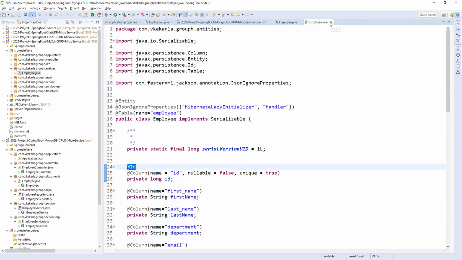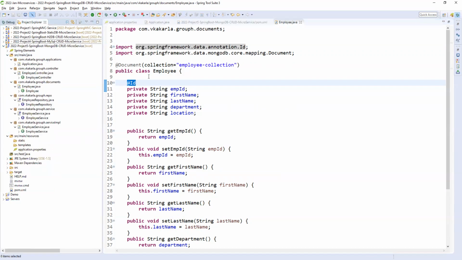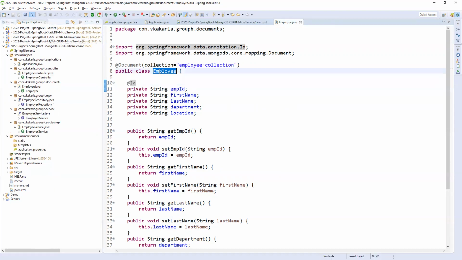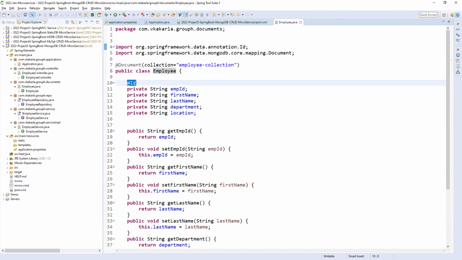So this time you need to take care when you're defining an ID. If you have Spring Data JPA in your pom.xml of your project, automatically ID will import from the Java Persistence API. At that time, employee object will not be stored. Why? Because it will always look for the ID from the Spring Data annotation. Because of the primary key only, the data will be saved into the database, right?